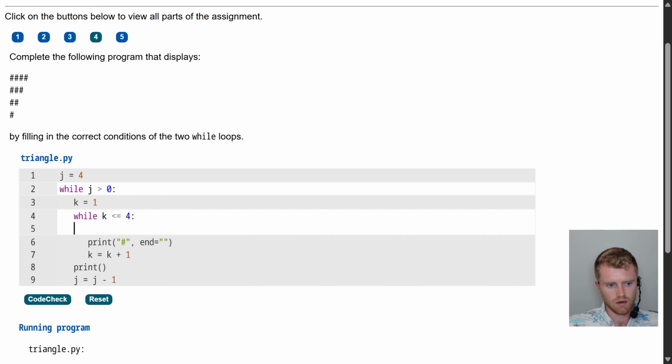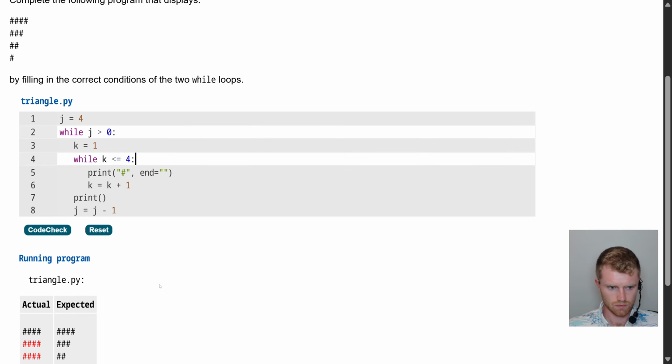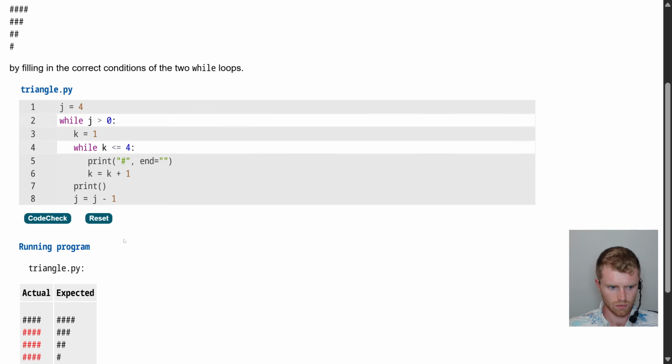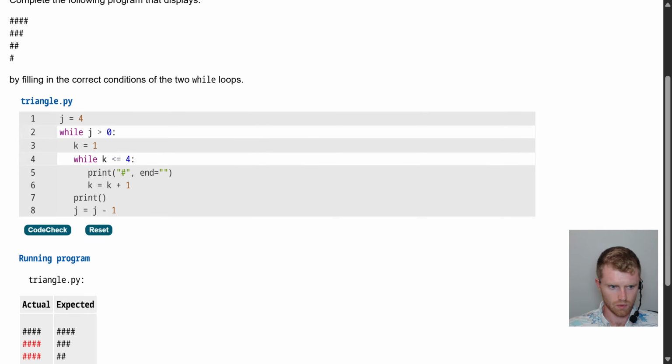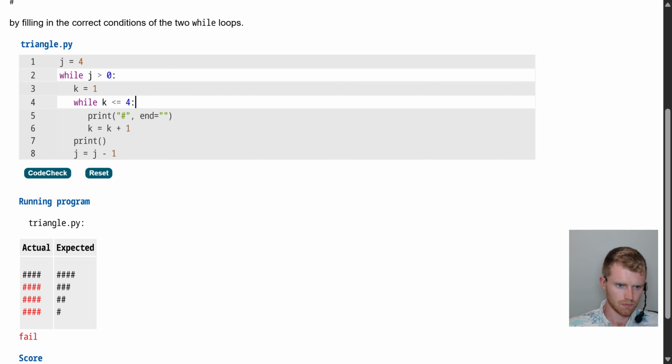And then, okay, well, k equals 1. So now we're doing 4 for each of the 4 rows. Then print